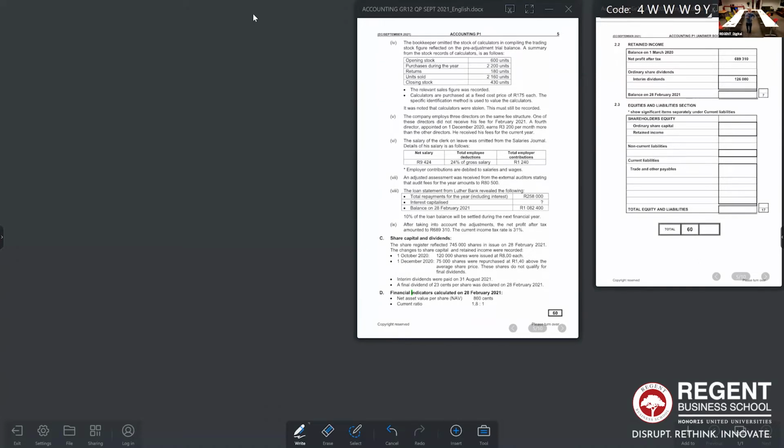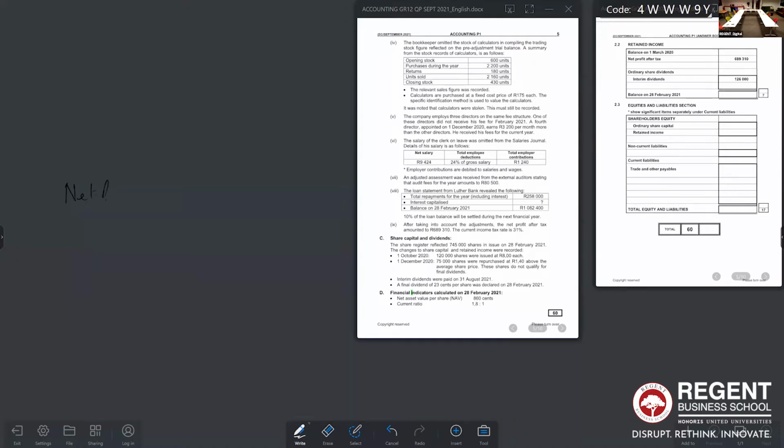All right, now taking off from last week, we did a statement of comprehensive income and we arrived at the net profit. They told us that after taking into account the adjustments, the net profit after tax amounted to 689,310. The current income tax rate is 31%. Now, I always tell my learners, and I'm telling you as well, you need to make sure you understand this properly. You must always remember, you've got your net profit before tax,